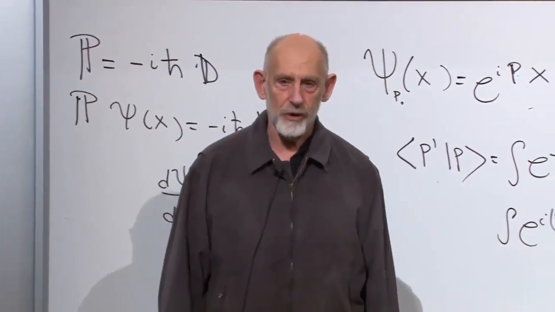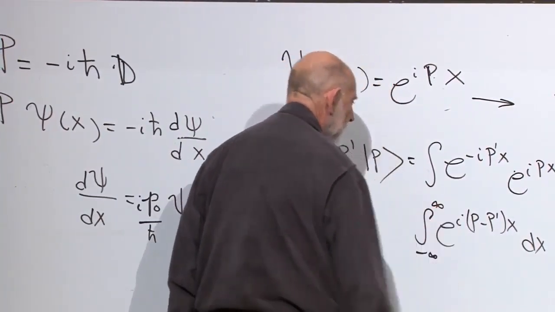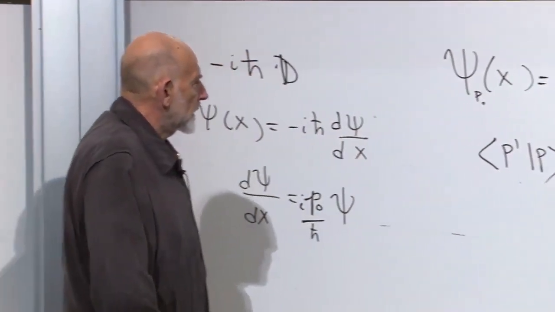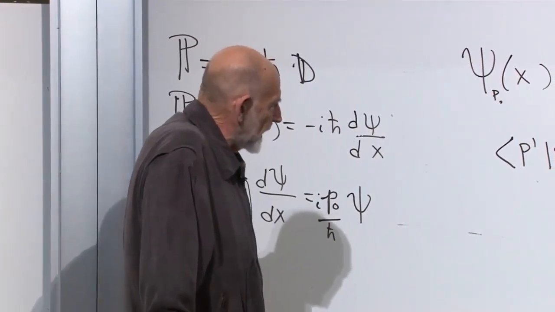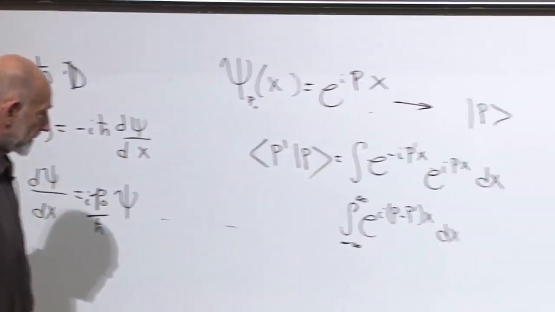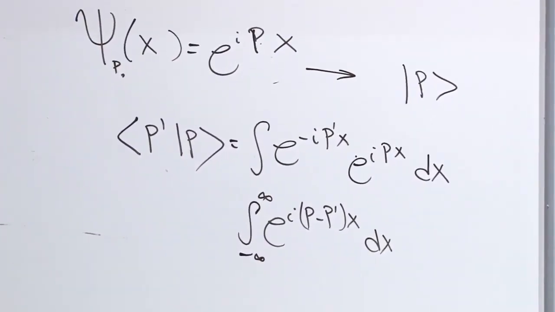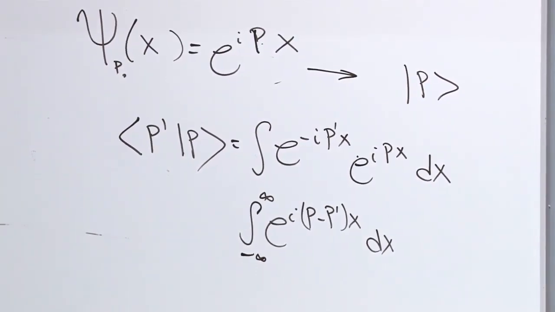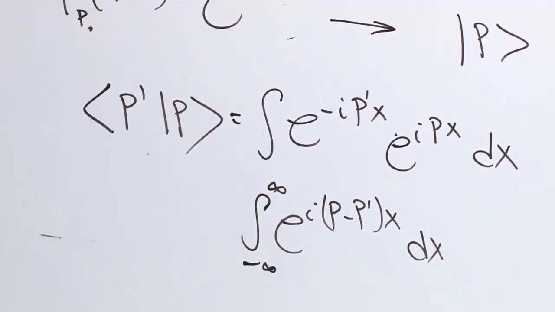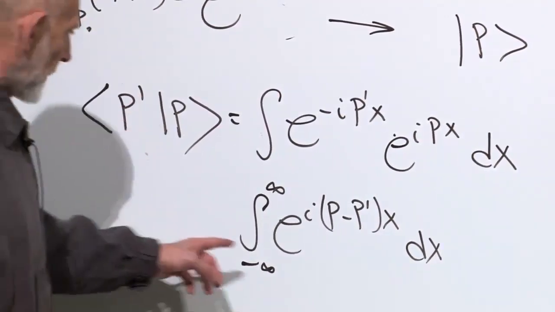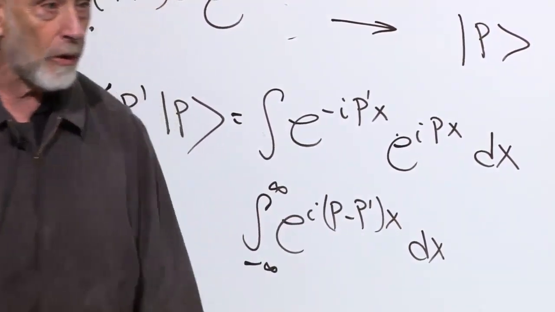What about if p is equal to p prime? This is the integral from minus infinity to infinity. Without looking at the other blackboard, what can we say about this for p equal to p prime? It's going to be infinite, right? The integral of 1 integrated over all space is infinite. So in fact, it's smelling like the delta function, infinite when p is equal to p prime, and 0 otherwise. It's a good thing. But we don't know what the actual numerical coefficient is.